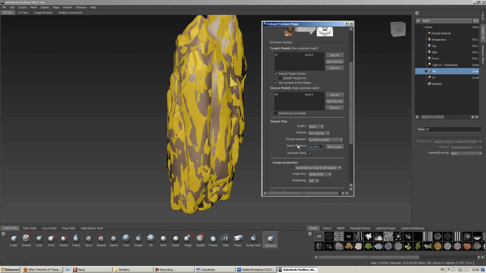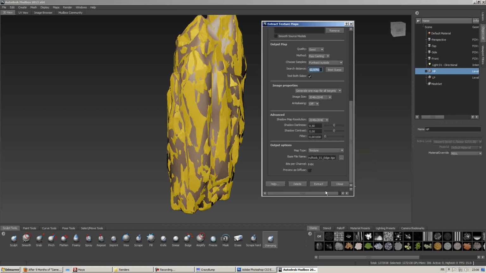But if you're rendering a regular ambient occlusion map, sometimes you're going to get empty spots, and this is where the rays are missed. So you might want to increase the search distance. You also get a description that shows you exactly what it does, so it's fairly simple to understand. I'm just going to use a value of 52 and let the best guess do the job, and click on